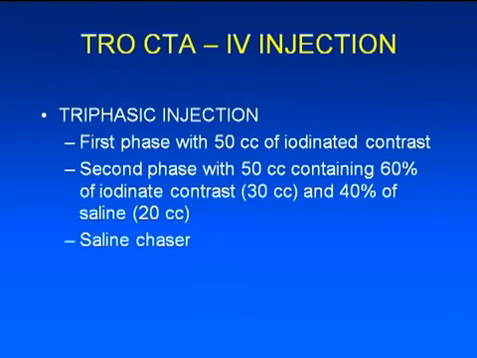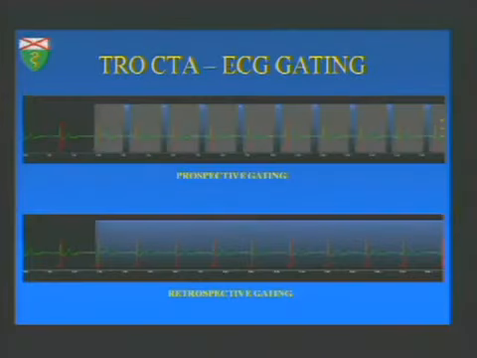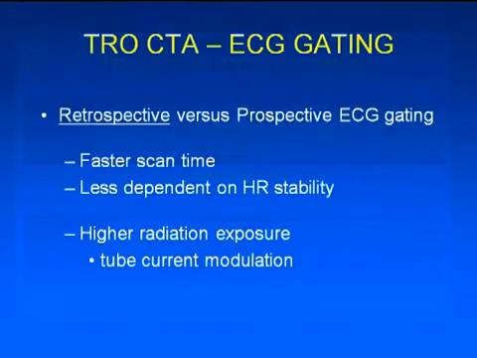In terms of ECG gating, we have prospective and retrospective gating. With prospective gating, you acquire only a part of the cardiac cycle. With retrospective gating, you acquire the entire RR interval, and afterwards you reconstruct the images. Retrospective gating is better because it allows you to do a faster scan, so you can give less contrast. It's also less dependent on the heart rate stability of the patient,